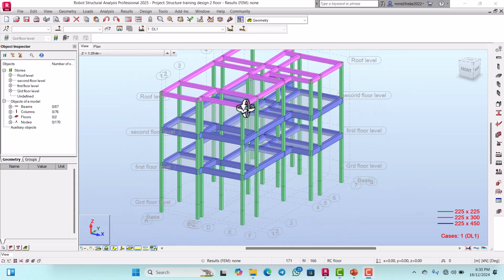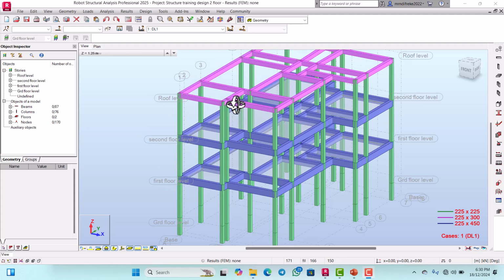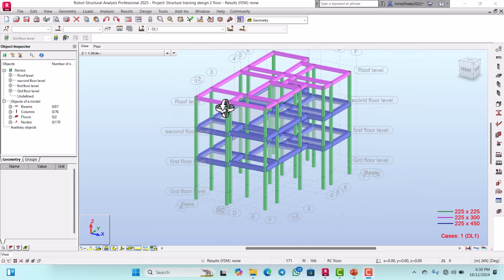As we can see, this model is a result of an analytical model that was brought from Revit to Robot Structural